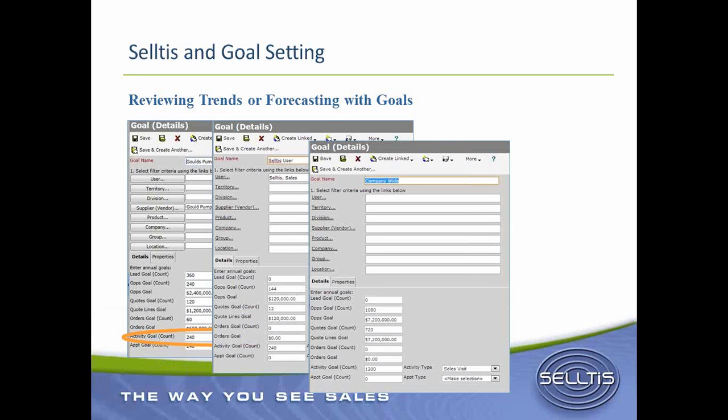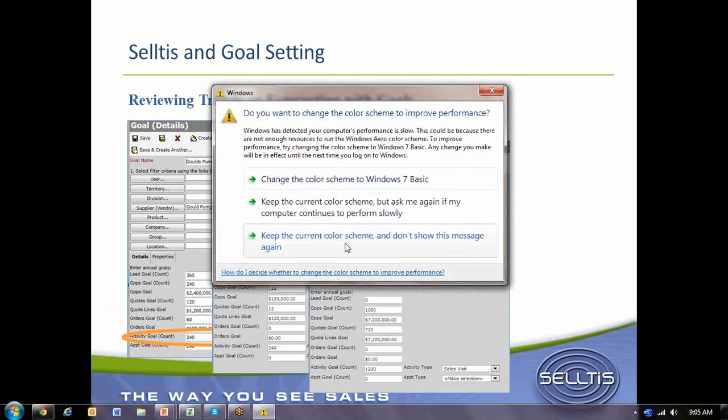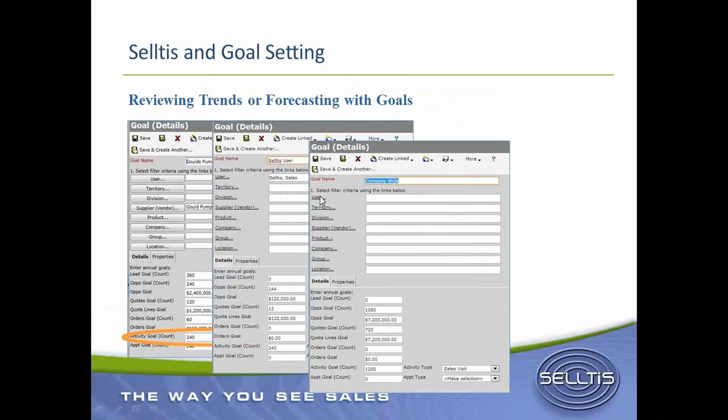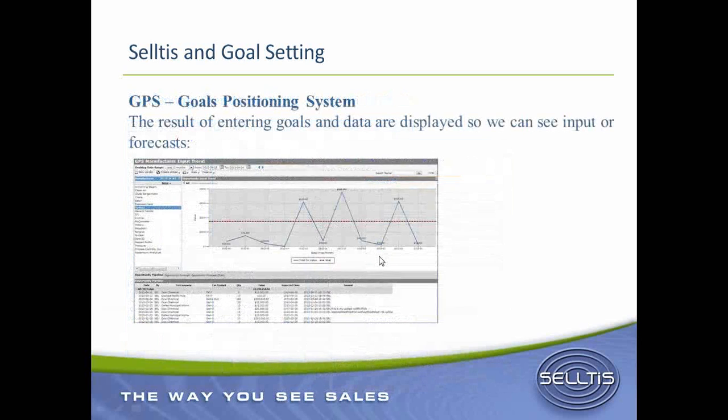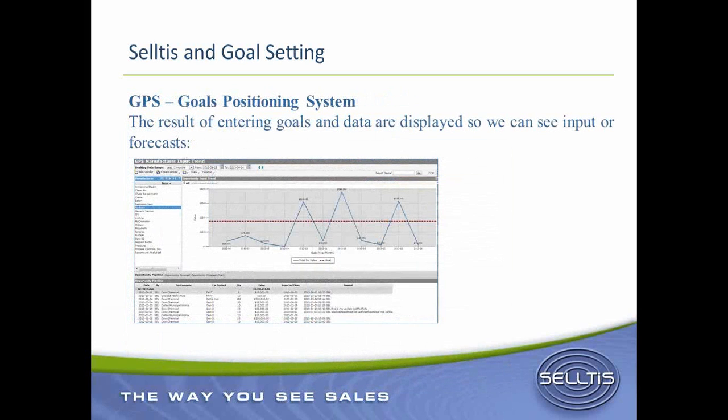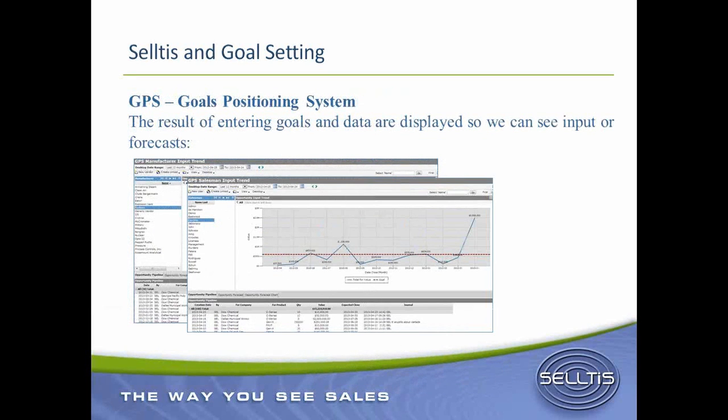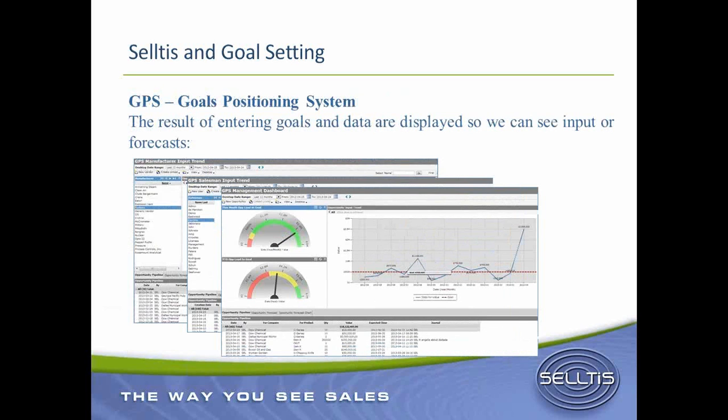So here we're showing the goal record itself just as a bit of a review. Again, we're able to set goals based on any of these types of connections, but they are user, territory, division, group, branch or location, etc. And then here we're starting to show some representations of what that looks like in Selltis, the various kinds of